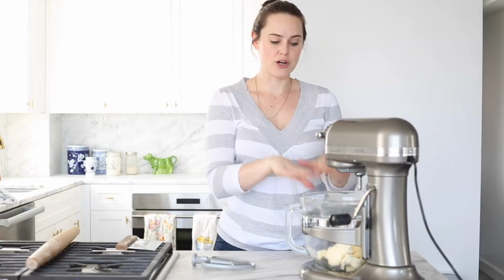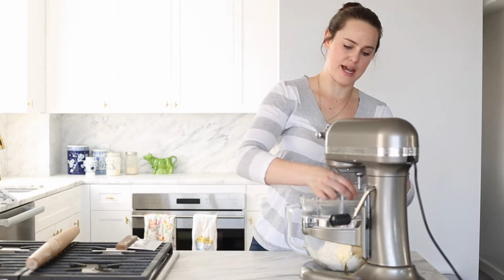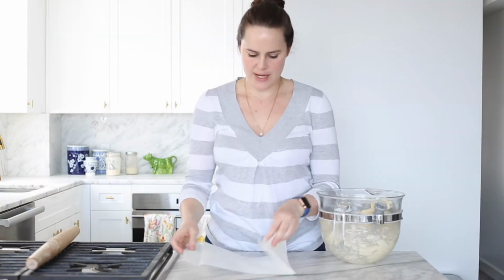We've got our tempered butter in our mixer, and then I'm gonna put in the flour. We're gonna mix this together. It's to give some sort of structure to the butter so that when you are rolling it out and creating your layers, since it is on the outside, you don't want it to just melt immediately. And so the flour will help it do that. So we've got our butter flour mixture. We're gonna put that into our